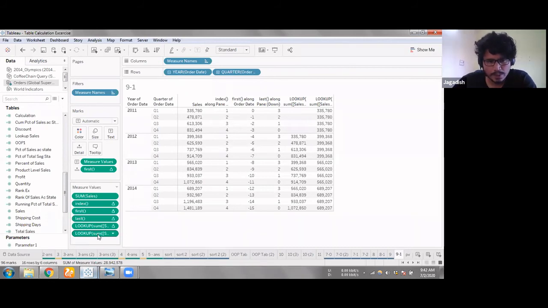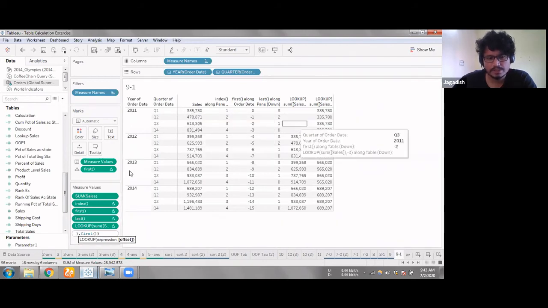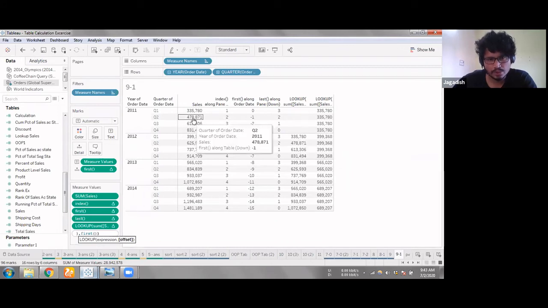Similarly, if you write last here, it'll take the last one and compare all the quarters with quarter 4. Now what if you want to compare, let's say, with respect to quarter 2? Can anyone guess? First will give me my first value comparison, and when I put the offset as last, it will give me last value comparisons. What if I want quarter 2 or quarter 3? How can I achieve that value?